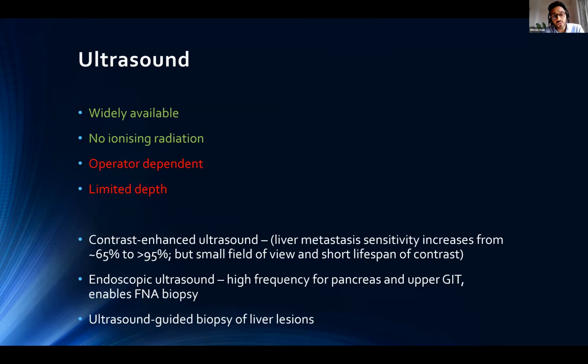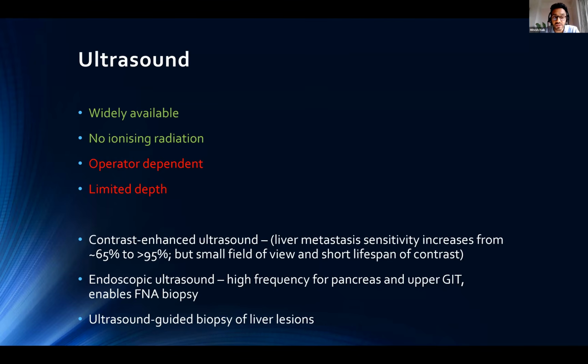So ultrasound, we know, is a widely available test, and it doesn't require any ionizing radiation, which is of course helpful. It is extremely operator dependent, and limited depth penetration really precludes its use in the majority of neuroendocrine tumors, depending on location. Some situations in which it may be helpful are in evaluation of pancreatic neuroendocrine tumors in particular, because the pancreas' anterior structure can be visualized quite well.